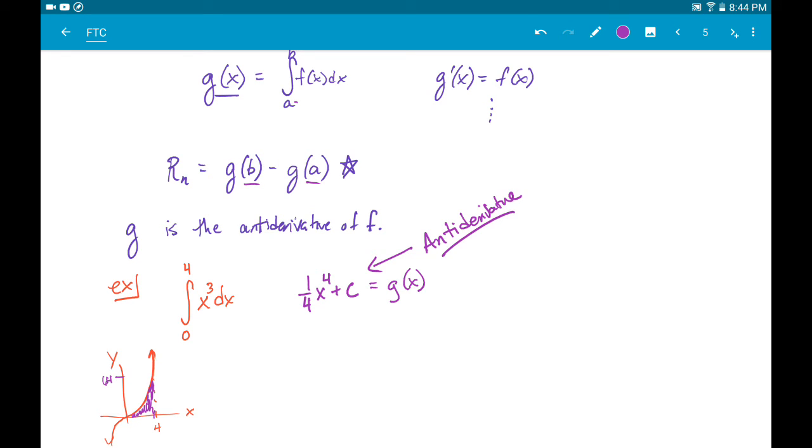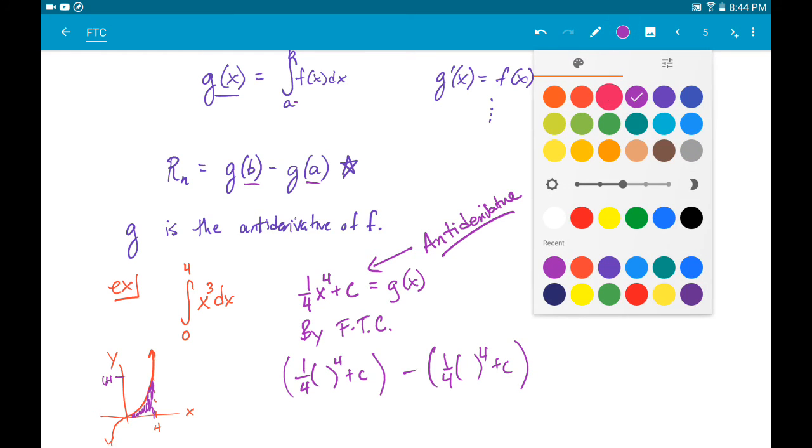And so what the FTC says, by the fundamental theorem of calculus, we can take this antiderivative, 1/4 x to the 4th plus c,